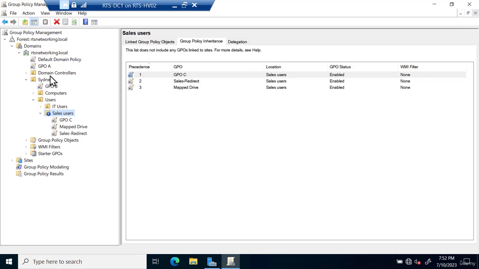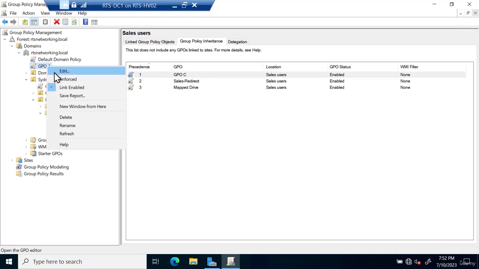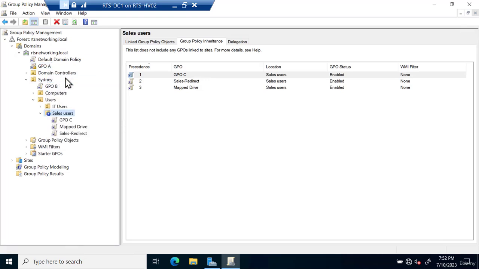If I were to go to GPO-A and click enforced, weird that it does not auto refresh, but it never has in the console for that change. But when I click refresh here, you'll see not only does GPO-A come through, it actually moves to the top of the list. So the reason enforce is the most powerful is because it moves to precedence number 1, last policy applied, wins